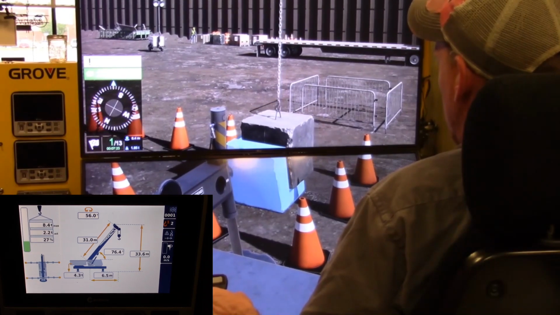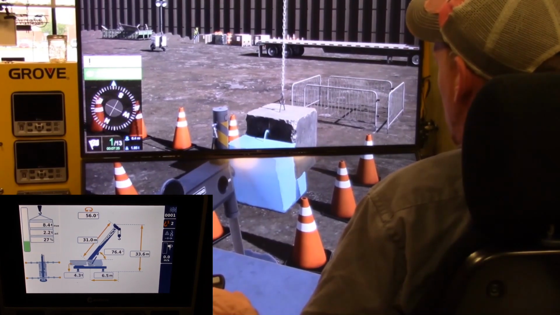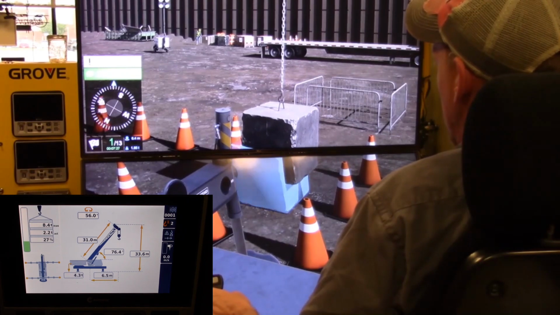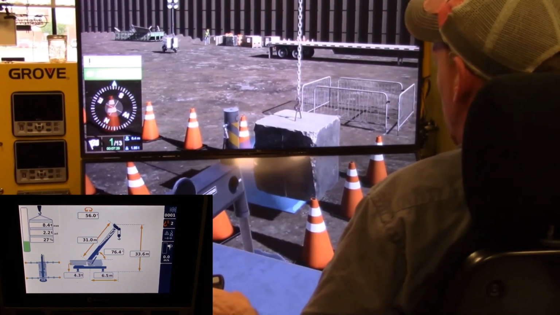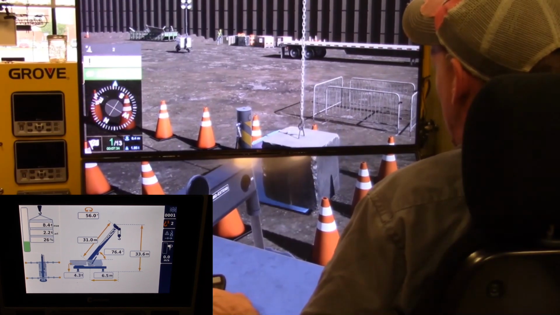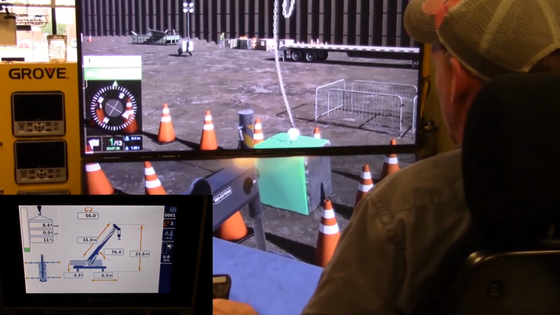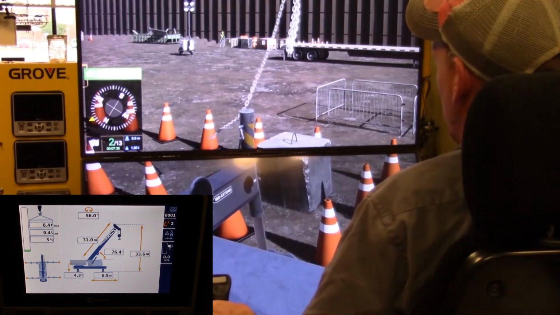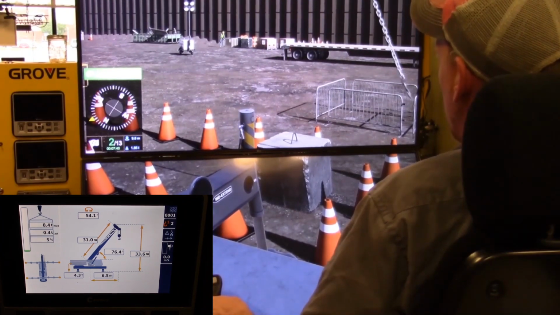And once we get the load close to where it needs to be set, the indicator is actually going to turn green. Once it's green, we can then unhook from the load, and we can go back and pick up